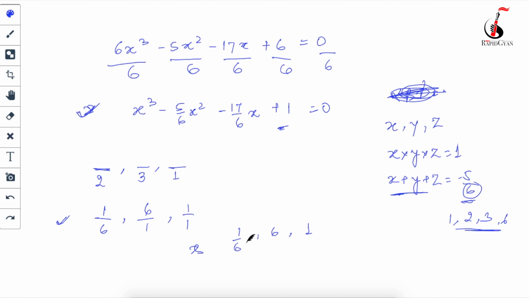But under any condition, if you solve this, you will never get minus 5 by 6. In order to get plus 1, these all should be positive, or any two of them should be negative, either minus 1 by 6, 6 or this. If you solve this, none of the cases is going to give you minus 5 by 6. Initially it might take some time, but when you start practicing, it will come to you, and by looking at the question itself, you will be able to tell your answer. So I will go to this case.